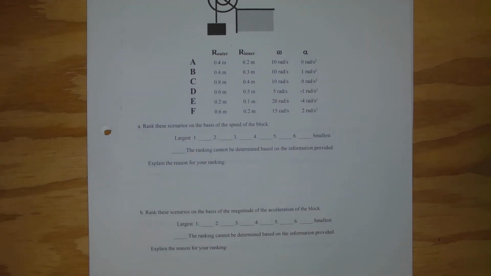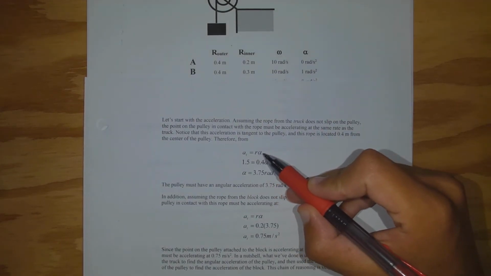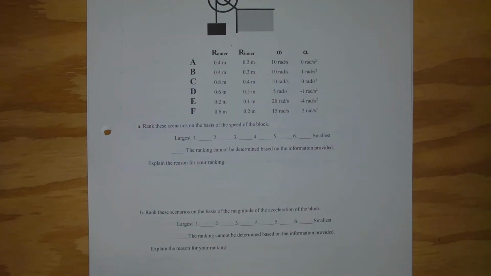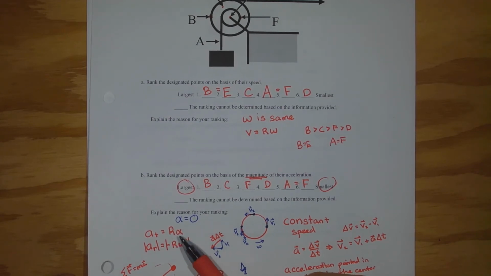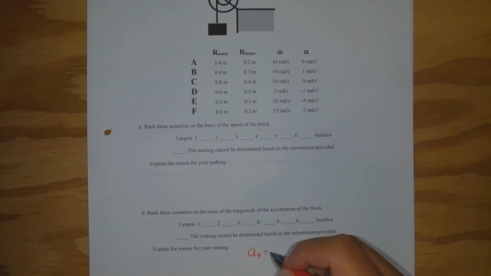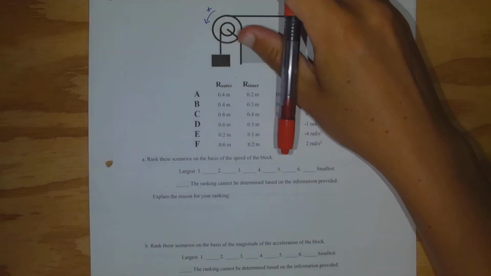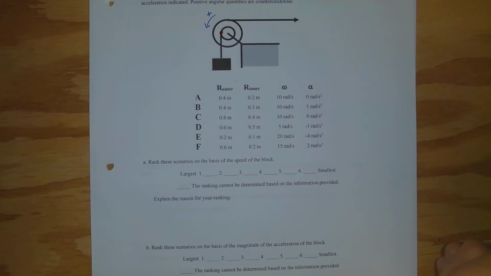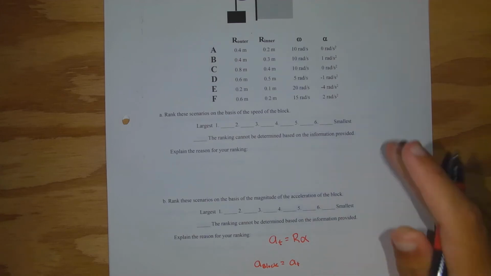So this is coming from page 8. The tangential acceleration is equal to the radius times the angular acceleration. We also had that on the previous problem. So tangential acceleration is equal to radius times angular acceleration. The tangential acceleration for this point here is equal to the acceleration of the block. So the acceleration of the block is equal to the tangential acceleration